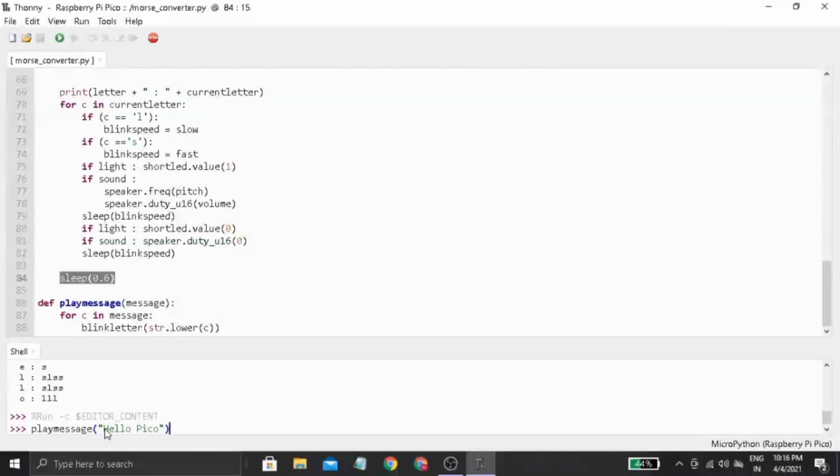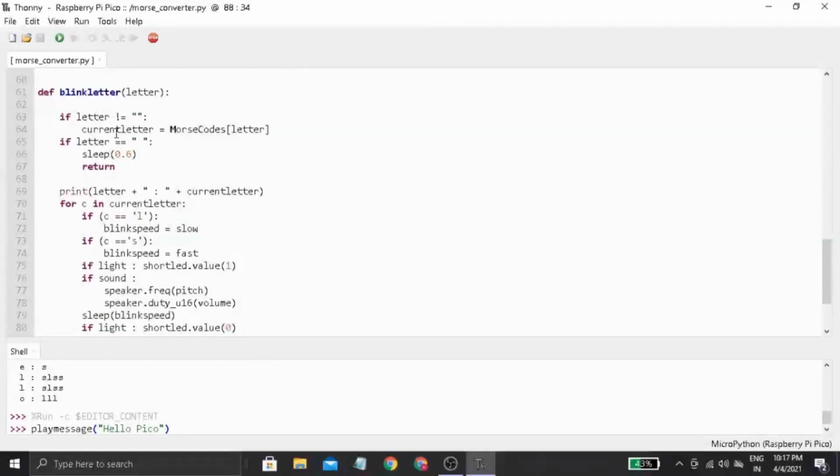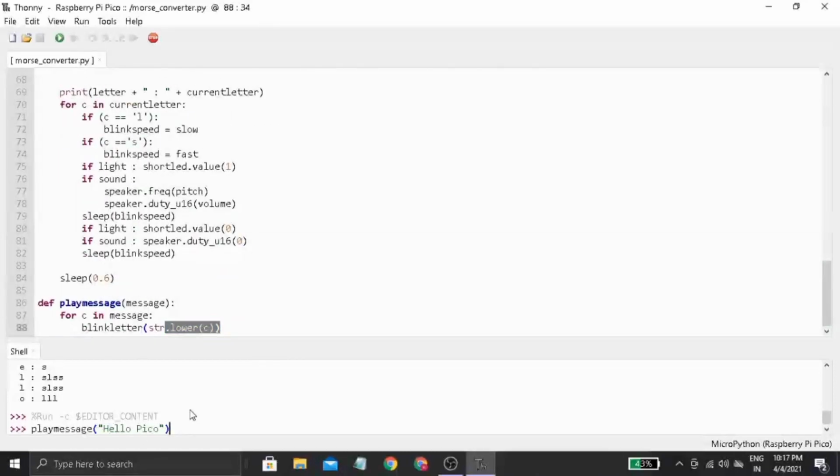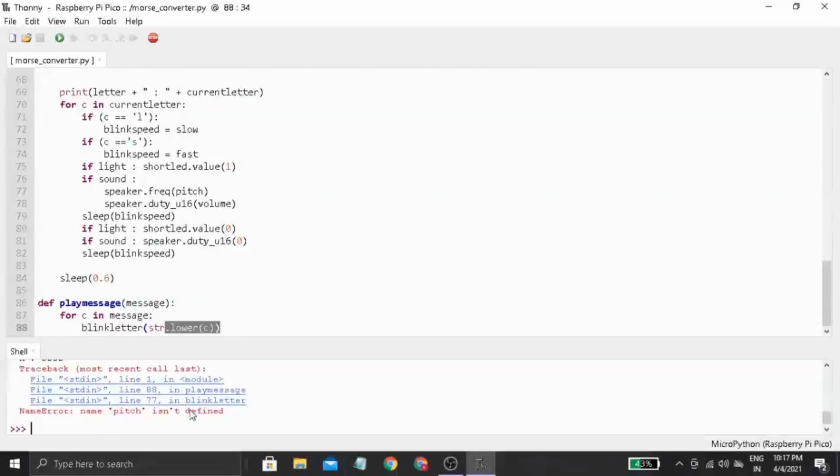Although I have used mixed cases here, lowercase, higher case, but it will essentially be converted to lowercase only and then passed to the blink later function. So let's run it by hitting enter, and now notice the LED, I just hit enter. So you can see LED is blinking.